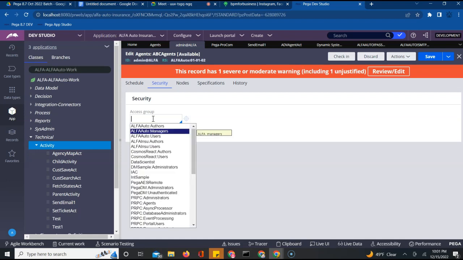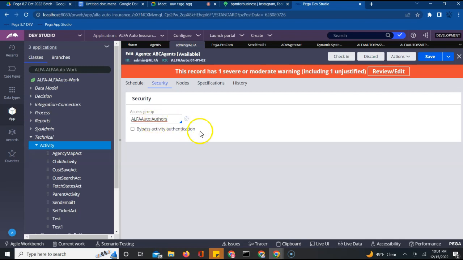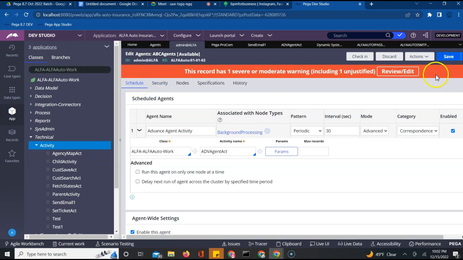Right now, the access group which we are using is Alpha Auto Authors, because my current operator belongs to this access group, the group to which your operator belongs. Does it make sense? Make sure you check that. Save. Saved it. After saving,